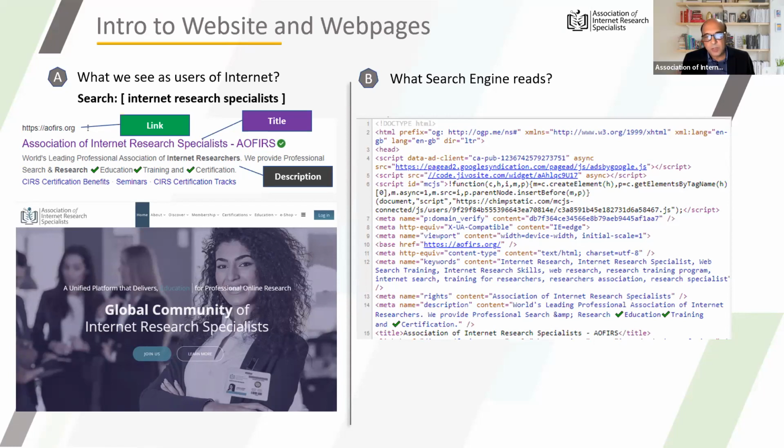So some information that is not seen by the user can also be extracted, only if you have enough knowledge to know what other important information exists, like date and time stamp, for example, some of the dates when the information is uploaded that are not necessarily displayed. Sometimes the author is not displayed, the keywords are not displayed, but they are read by the search engine,